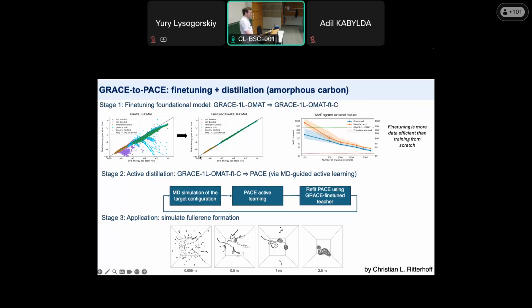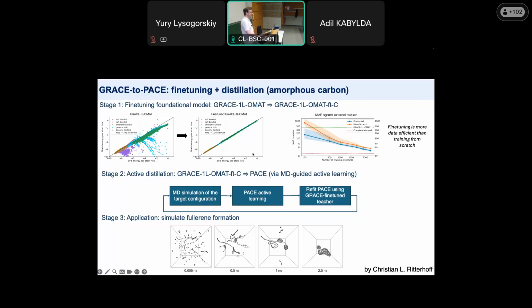And second, once we have this fine-tuned foundational model, which we can consider as a teacher, now we can do what we call here active distillation. We have another uncertainty indication mechanism in PACE models, called active set, which is based on D-optimality. Through several iterations, I think that was 5 or so iterations, we run MD, select uncertain configurations, and refit PACE using not DFT but your Grace model.